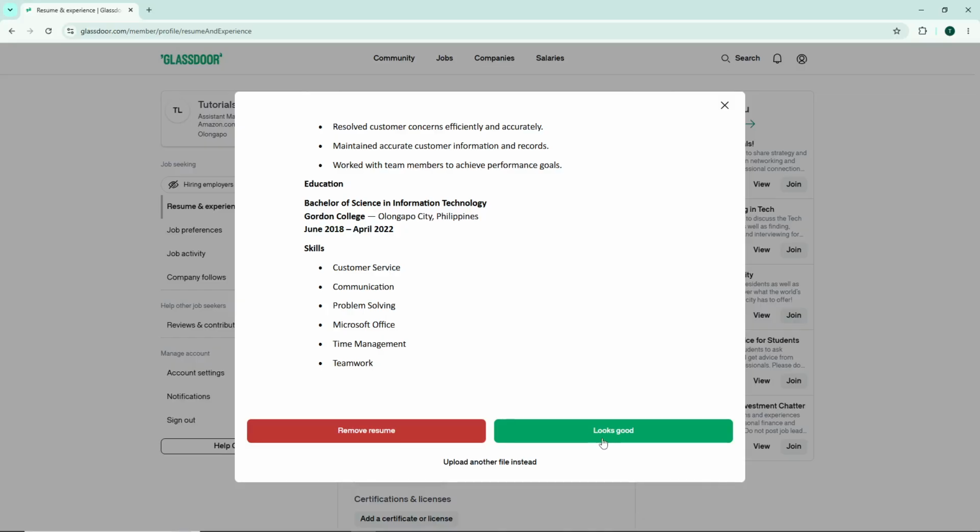And that's it. You've uploaded your resume to Glassdoor, making it easier for recruiters to find you and consider you